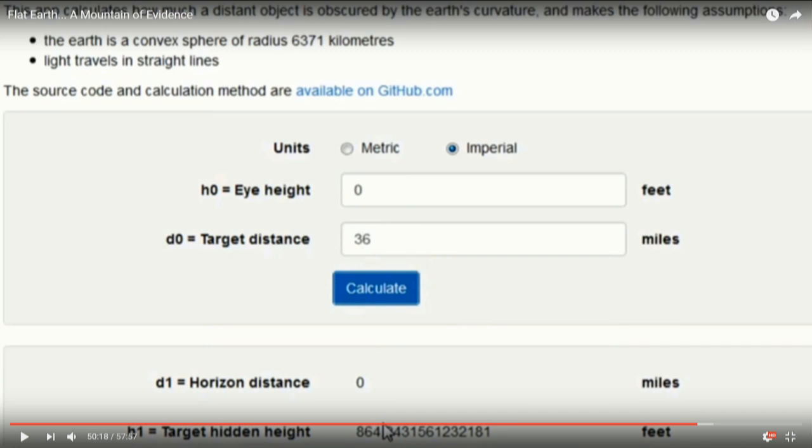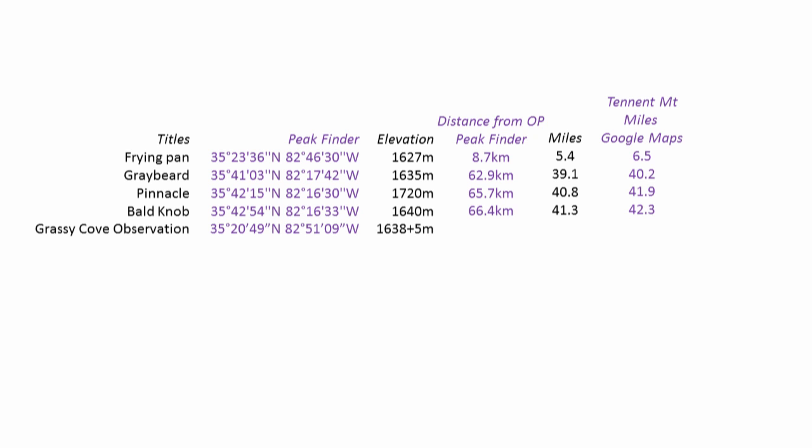Then he starts going into calculations on the Earth curve calculator, and he goes into wonderful stories about how different websites all have different elevations for the different mountains, and strangely he also comes up with different distances. So his use of 36 miles, which he's claiming is the distance from his point of view to one of the mountains, is actually incorrect, because